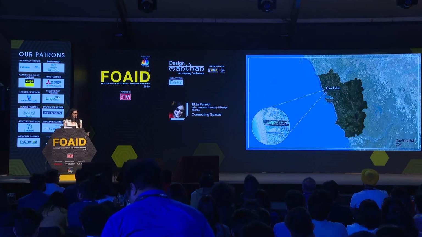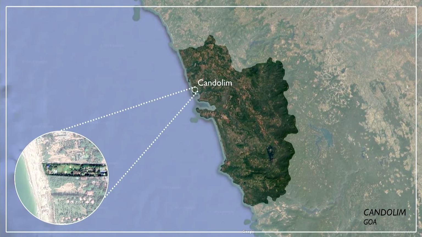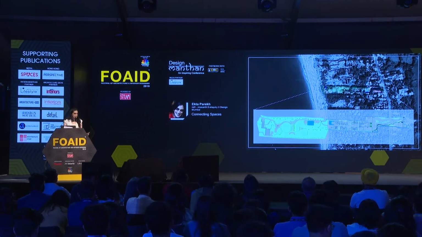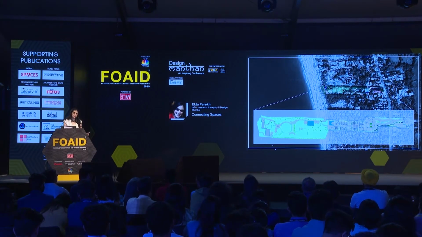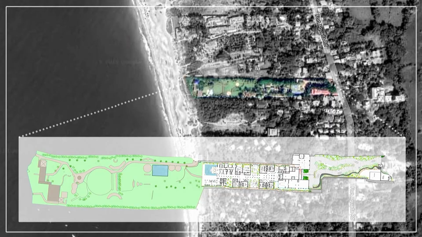The site is an existing King's Mansion property in Candolim in Goa. It's a linear site which connects the main road on one side with the beach on the other. The intention of the built structure is to quiet the journey from the chaos of the street to the calm of the beach. So when a visitor enters the retreat, he can leave behind the world he came from and detox in body and mind in totality.